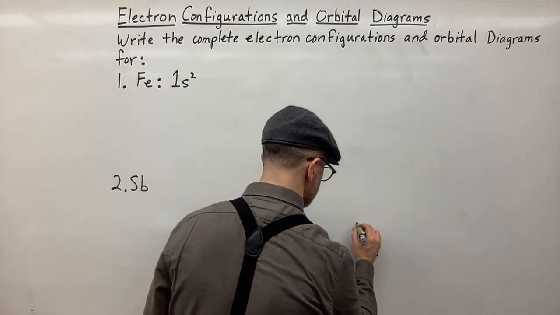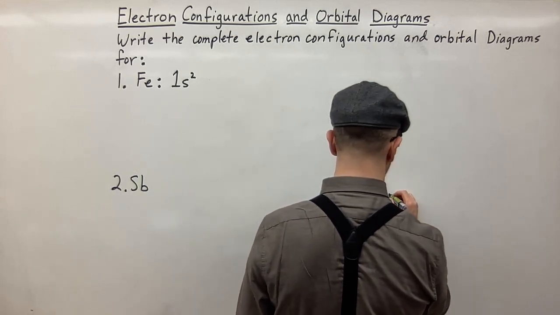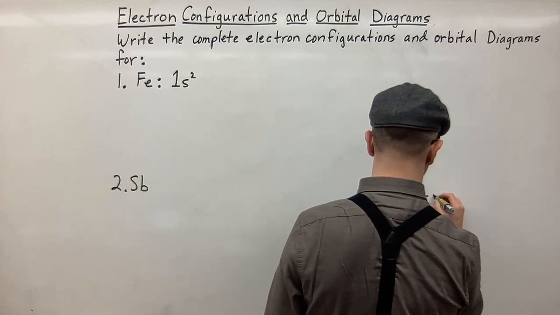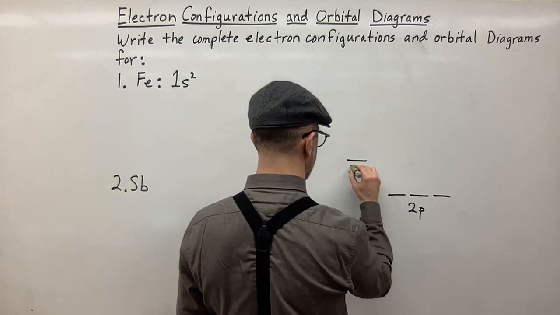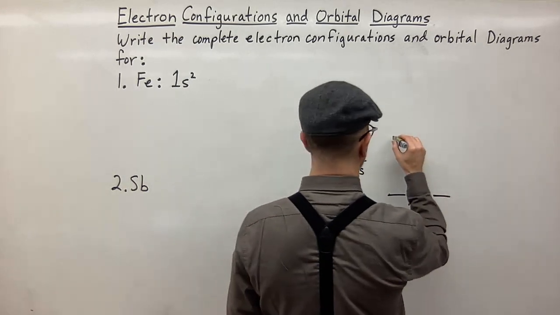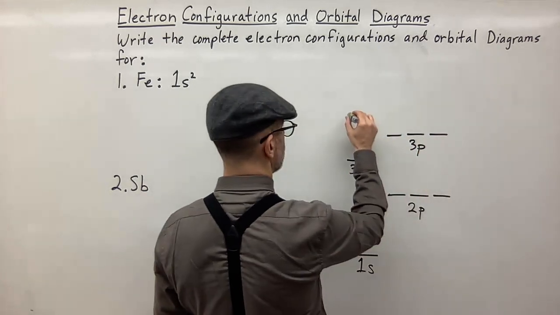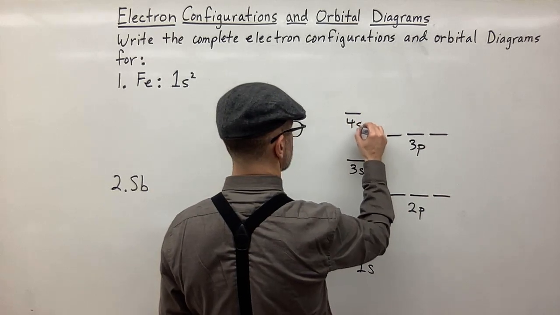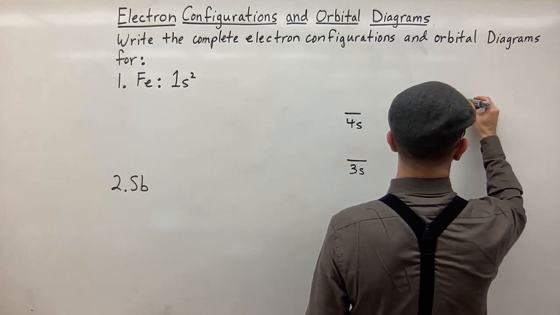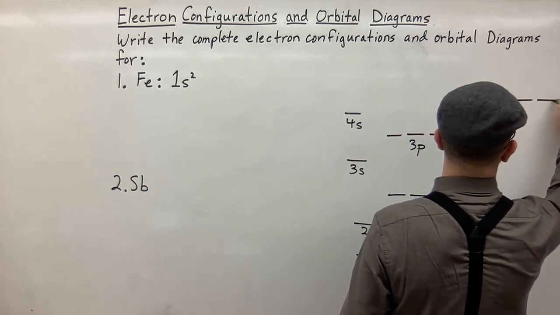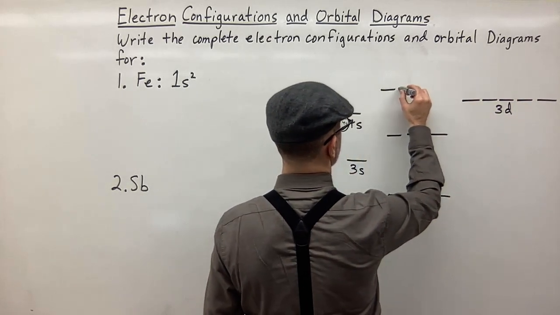So we have the 1s, 2s, and then the 2p, and then the 3s, and then the 3p, and then the 4s, and then after the 4s we'll have the 3d, 1, 2, 3, 4, 5, 3d, and then after that we'll have the